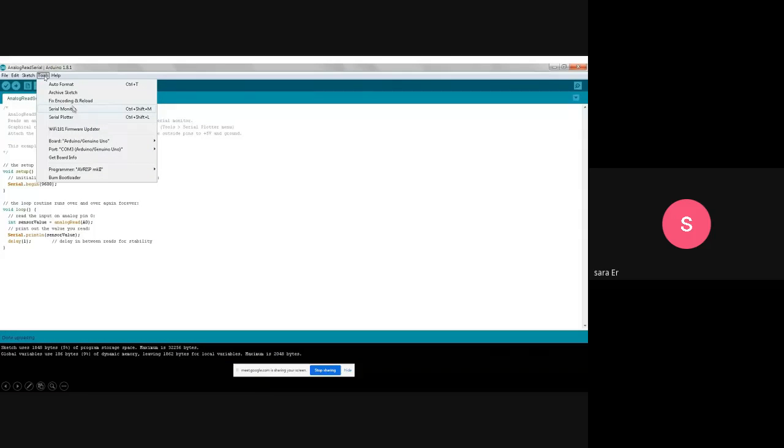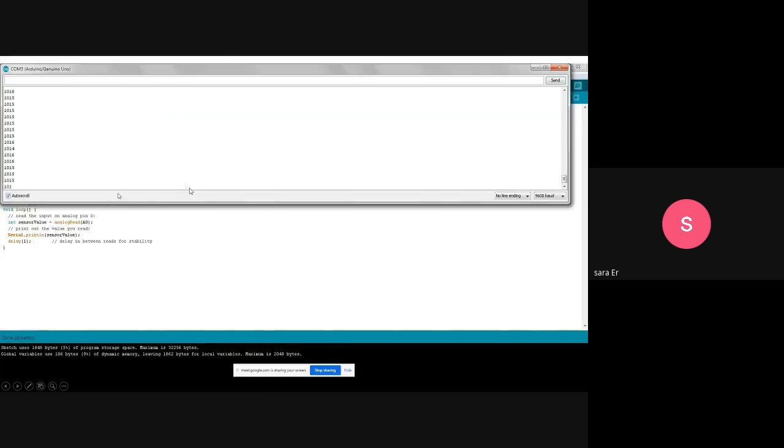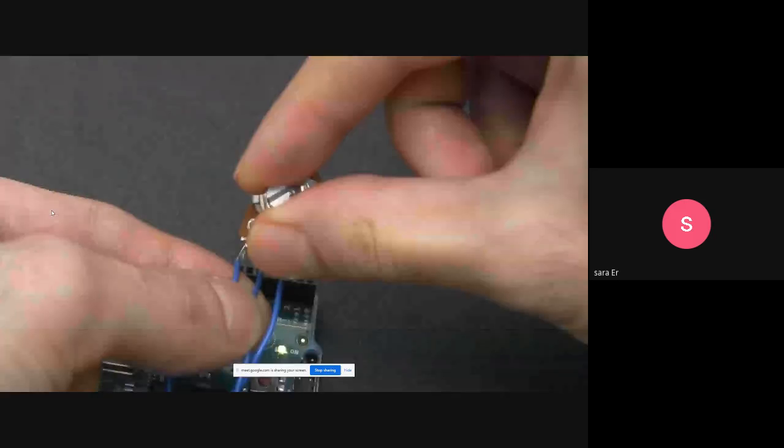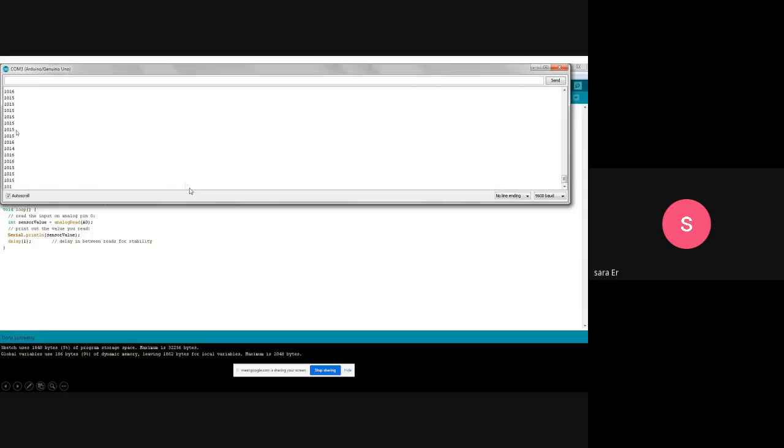And we could use the Tools menu, and after that the Serial Monitor section. The Serial Monitor could show us the result of the Serial print function. You see different numbers, one after each other, the result of this task and of connecting the potentiometer to the Arduino board. If we change the amount of this resistance, these numbers vary.